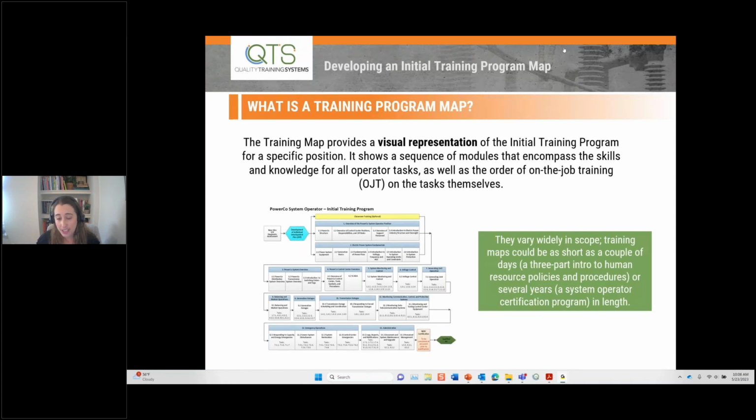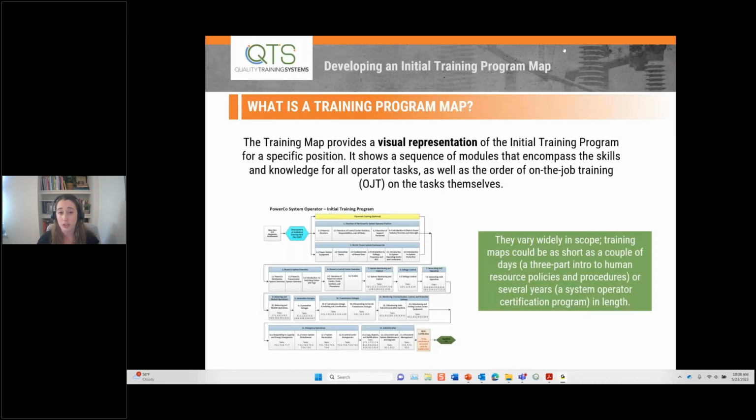The reason why we're focusing on that is continuing training is so variable. Year to year, it changes. It might be operators choosing what courses they need to maintain CEHs. So it's really hard to have a map. There might be an exception, but in general, it's really hard to have a map for a continuing training program. Initial training, on the other hand, is pretty stable over time, and there usually is a recommended flow